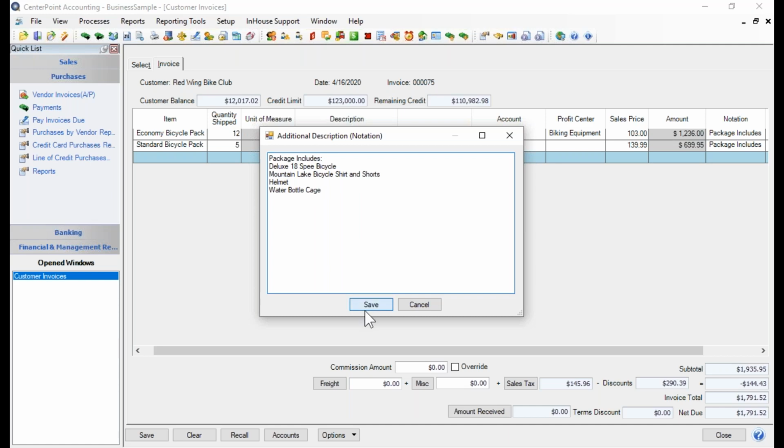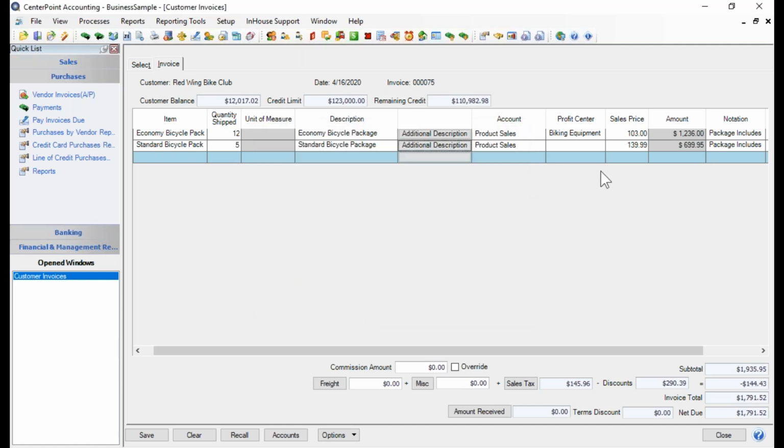So I'm going to go once again and change my description. And this time we're going to leave the price as it is and still put that to biking equipment. And I can continue to add as many items as I need to. And then when I'm done adding items, down at the bottom I get the option of